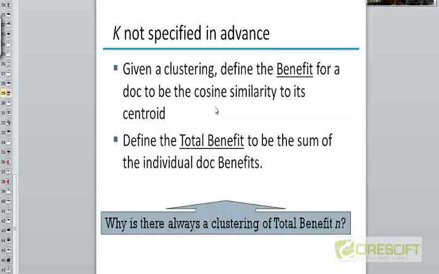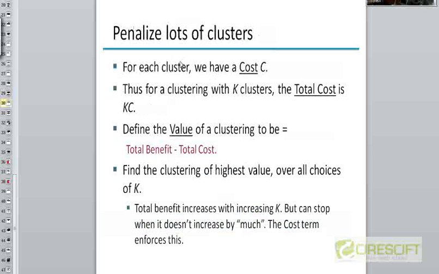We could do something like this. We could take G and add to it a negative cost corresponding to how many clusters there are, a negative cost corresponding to how large the value of K is. So we have two terms now. We have the benefit term, which is the G term. The benefit term will measure how small G is, and it will be larger if the value of G